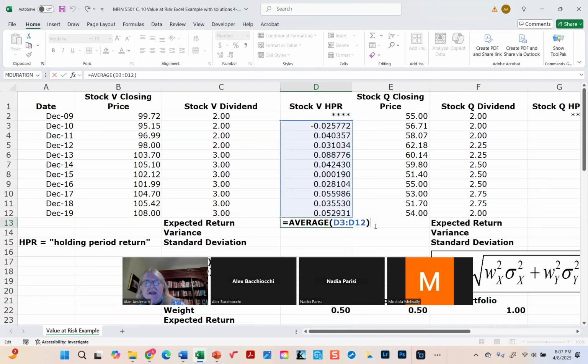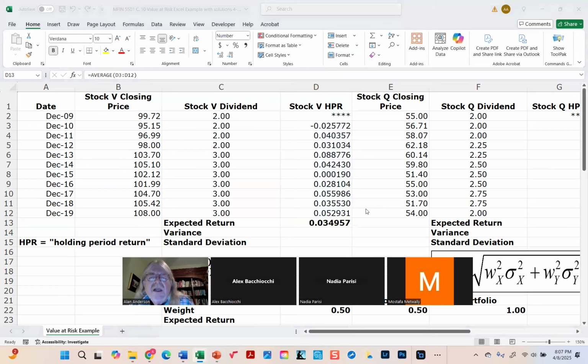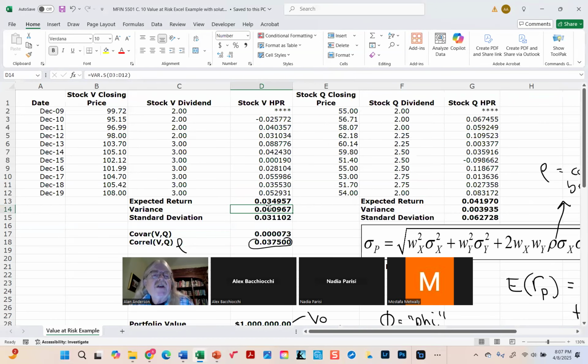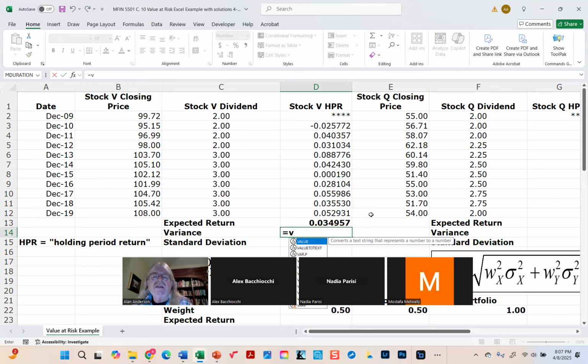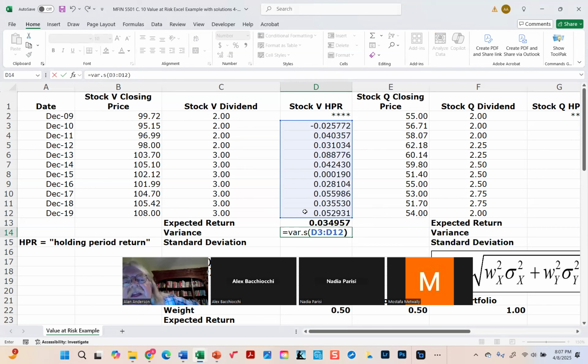All right, so now for the variance and standard deviation, we're going to use Excel's built-in commands. But we have to be careful because Excel makes a distinction between the variance of a sample and the variance of a population. Whenever we have time series data like this, we almost invariably treat it as a sample. In other words, unless the stock was only first issued in 2009, what we have here is a sample. So the command is VAR.S,